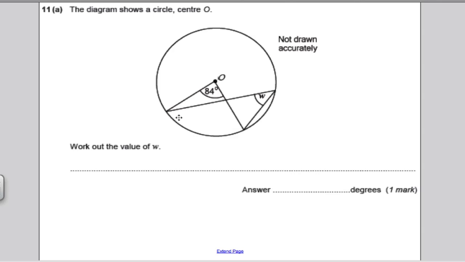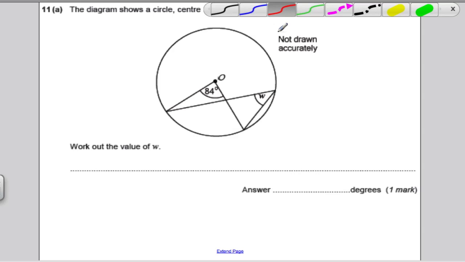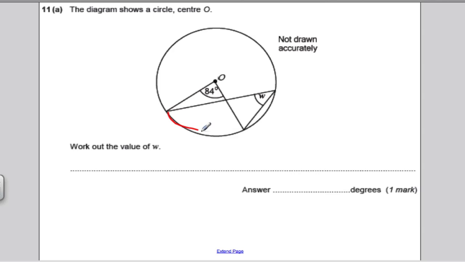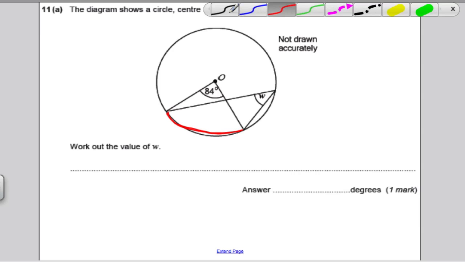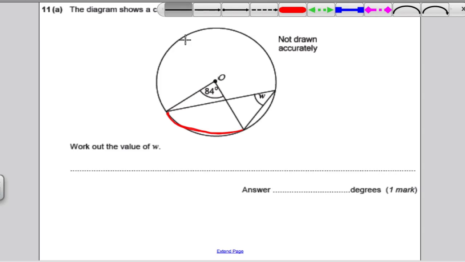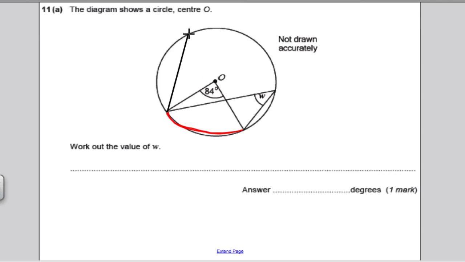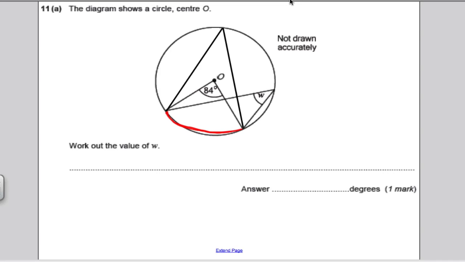A circle theorem question. It asks us to work out the value of W. Now, a circle theorem, you should remember, here's an arc. The angle subtended at the circumference from an arc is half the angle subtended at the centre from the same arc. So, for example, in the picture I've just drawn, this here would have to be half of that, which would